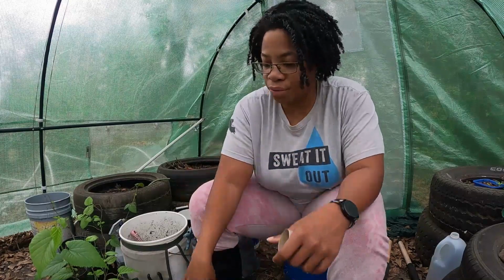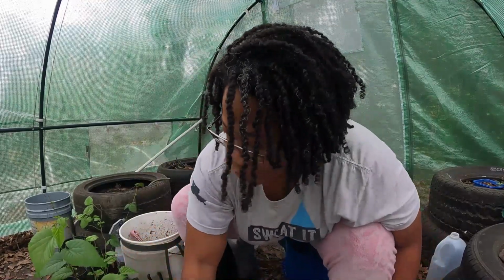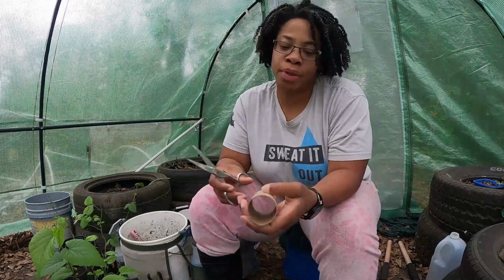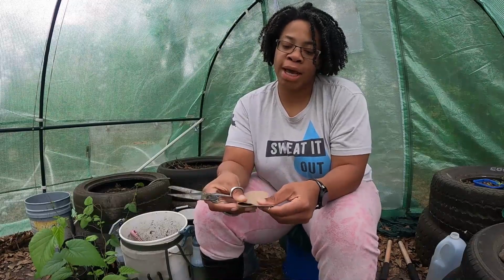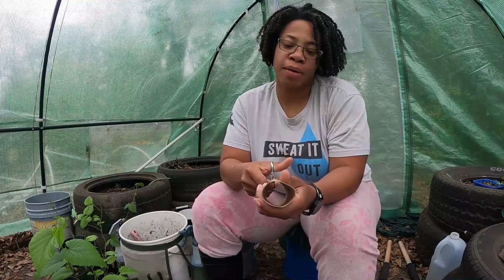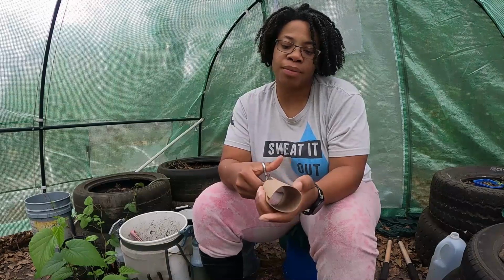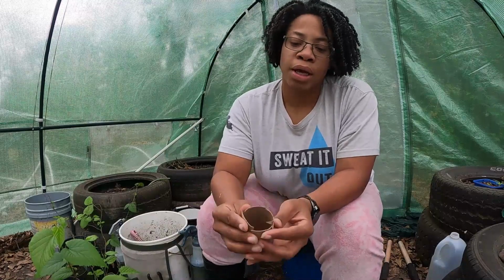I'm not a good demonstrator on that because it's one of them things. I know how to do it, but I don't know how to explain it. So yeah, just do with that what you will. But let me see if I can explain. Fold it in half. Fold it in half the other way. When you straighten it up, you're gonna get a kind of square, but it's gonna want to stay a circle. And then you want to cut about half an inch on those same corners,